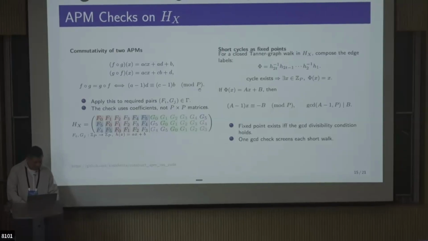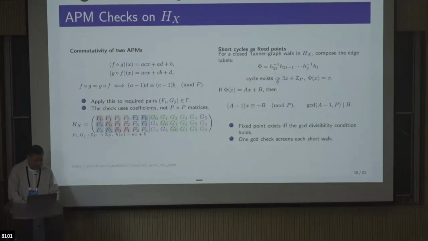The condition means applying the two affine permutations in either order gives the same result. The point is that we can check the required pair Fi and Gj using only the APM parameters, not the full permutation matrix. This matters because P is large in the constructed example. So parameter-level checks are much cheaper than multiplying full permutation matrices. Second,